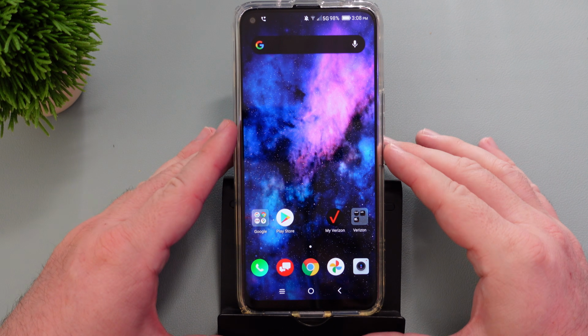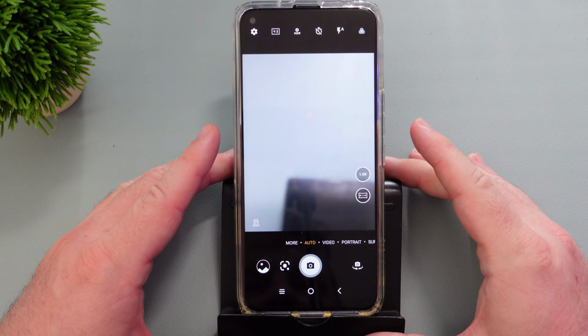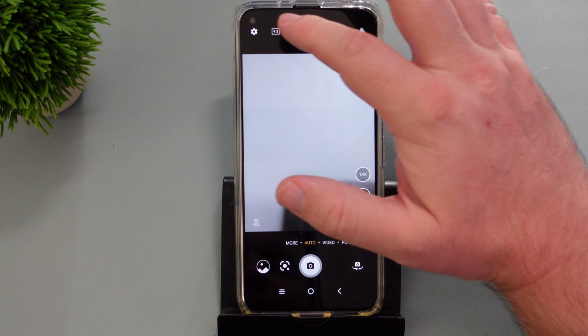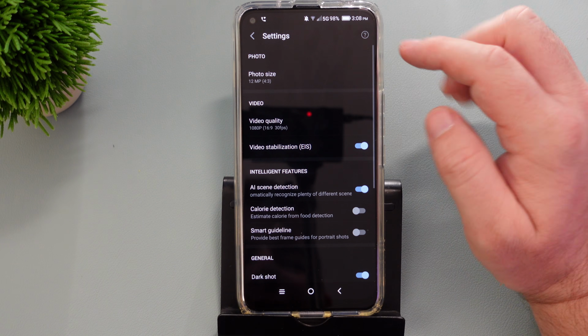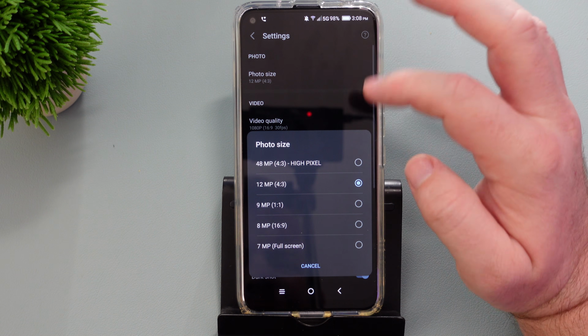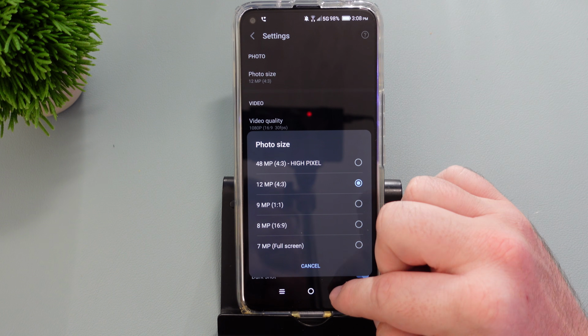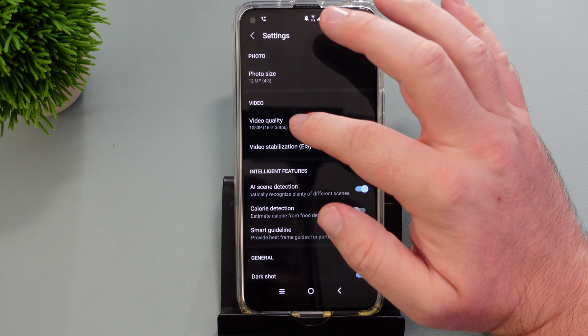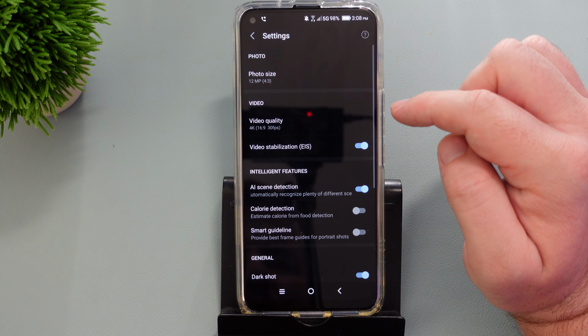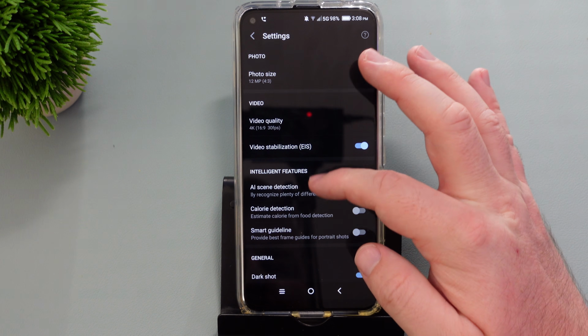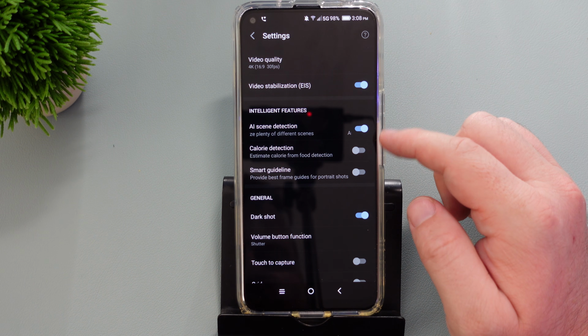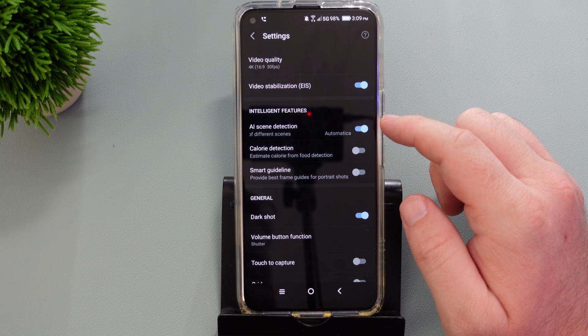Next, let's go into camera. And if you want to change some of your settings, press the gear in the top left. And if you want to change your photo size to something smaller or a higher pixel or something like that, you can come in here and change that really easy. Video quality, you can come in here and set it to up to 4K. They also have some other things in here, so you can do